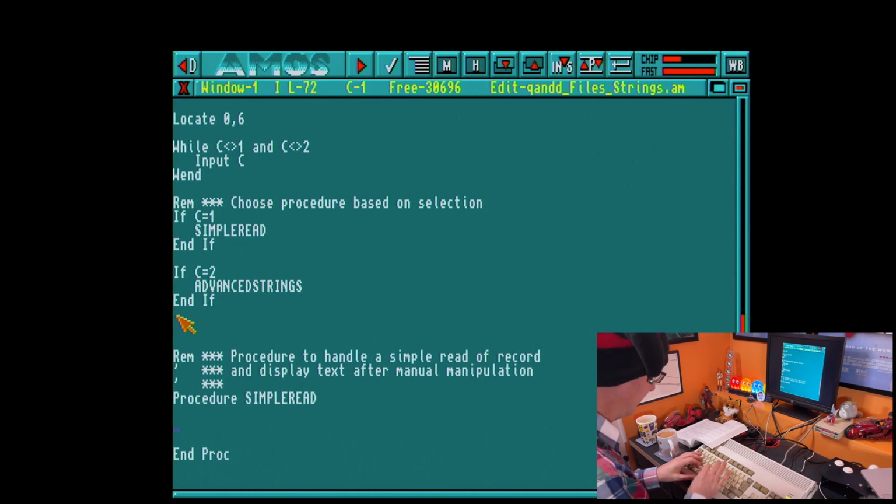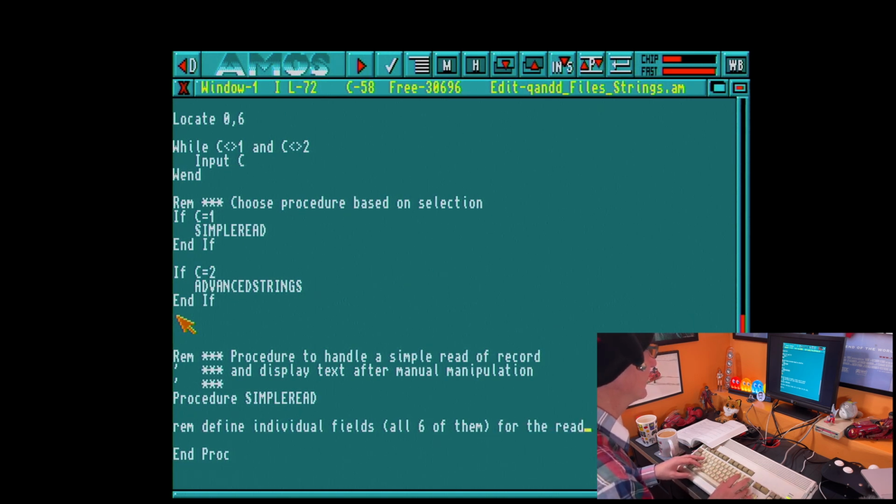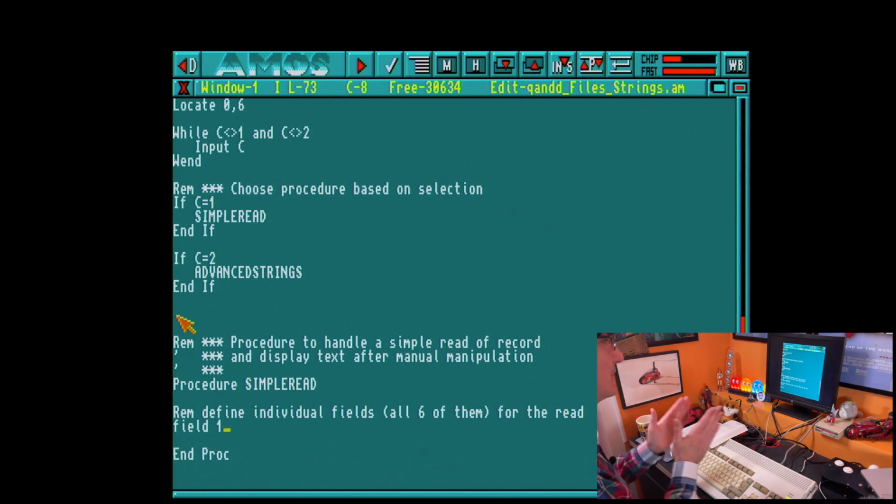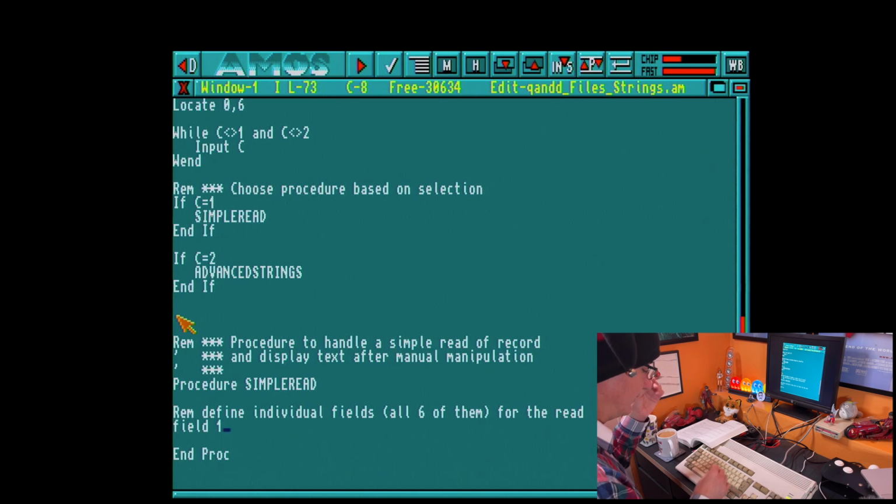So what I'm going to do then is, rem define individual fields, all 6 of them for the read. Okay, and what I'm going to do is define field 1. So it's from file 1 because we opened file 1. So the fields within file 1, the first one is going to be 3 long as string $1. The second one will be 10 characters long,